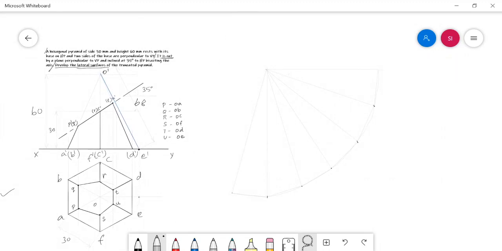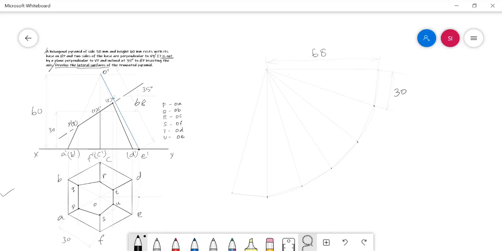And here you need to note one thing: this length is equal to the base edge length of the solid, that is 30 mm, and that length is nothing but the length of the true slant edge. In this problem it is actually 68 mm, but in your work this may vary.